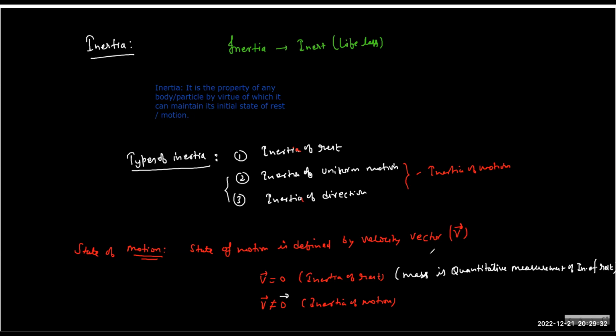So this idea that the inertia of motion is a factor of two variables, mass and velocity, was later combined into a single idea, which today we call momentum. So momentum is a fancy name given to inertia of motion. Today it is called momentum, but much before Newton it was called inertia of motion only. So momentum is a measurement of, because you are all aware, momentum is mass into velocity, right? So momentum is, of course, quantitative.